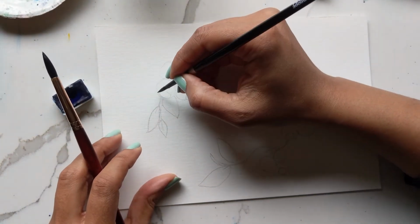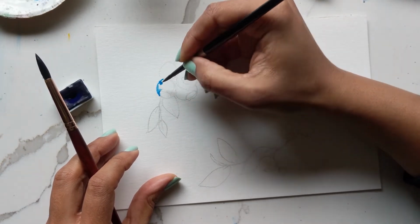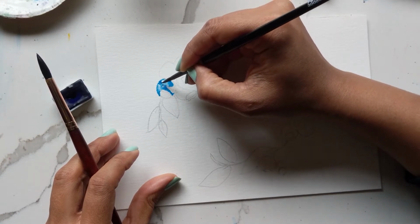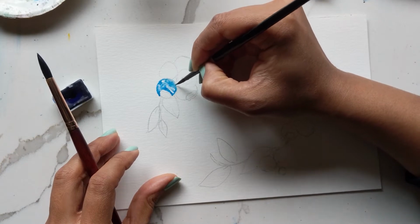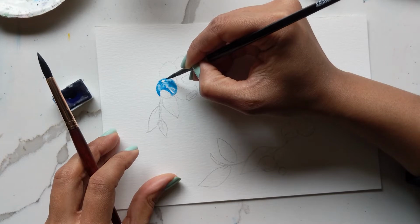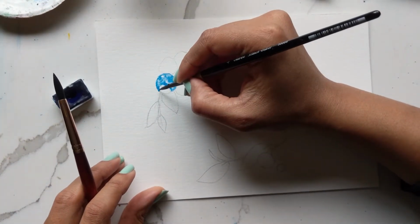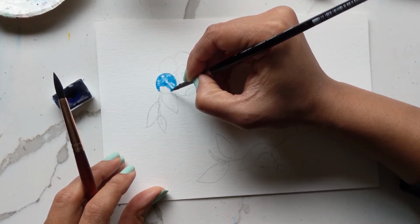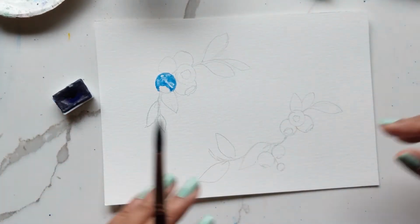And now I'm just going to go in with the color that I have here and just apply it on there, and you see how it nicely blends in, but it has that nice flowy kind of cloudy effect. And then once I have that settled, just making sure it's settled in properly,